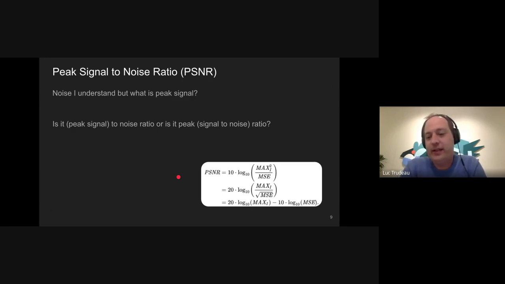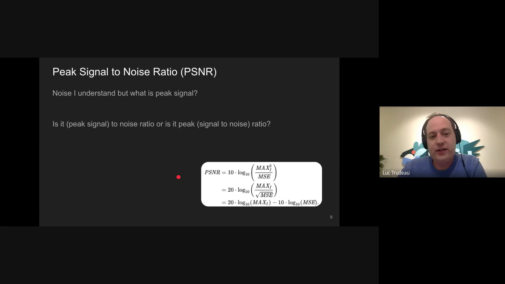I think the problem is that there hasn't been one metric that takes over and solves all the problems in PSNR and has no flaws, right? So what ends up happening is we just measure a bunch of different metrics and then look at all these different metrics. So what is peak signal to noise ratio? Maybe some of you are used to using it, but may not understand exactly what it does. So I put the equations here.